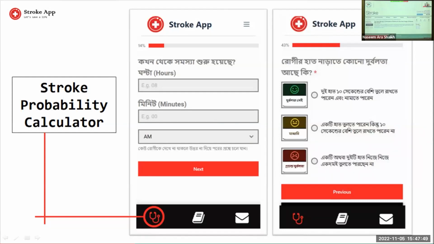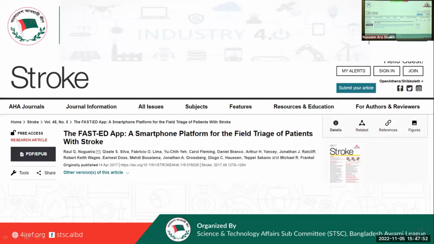Before that, I'd like to clarify what the basic guideline was, because in medical science, we should always follow an internationally recognized guideline because we are applying it to patients. The basic algorithm of the app was based on the American Heart Association's FAST-ED app. This app has been used by paramedics in the United States. We have modified this application based on our needs and our patient demographic data, and it is totally in Bengali language, so that even rural people in Bangladesh can use it. And recent epidemiological studies have found rural people are having more stroke but getting less treatment.